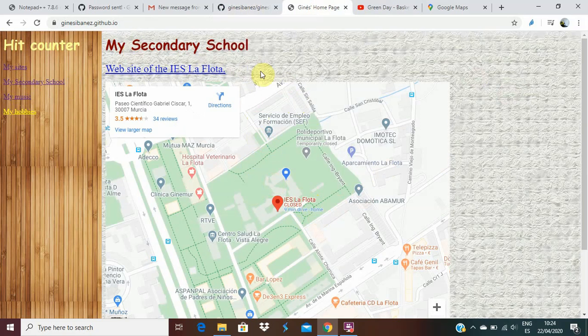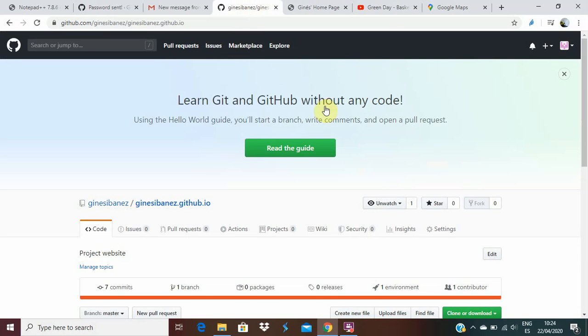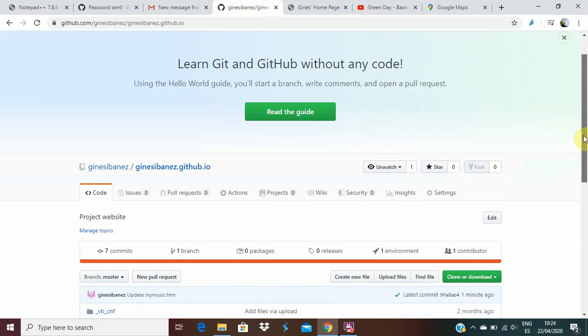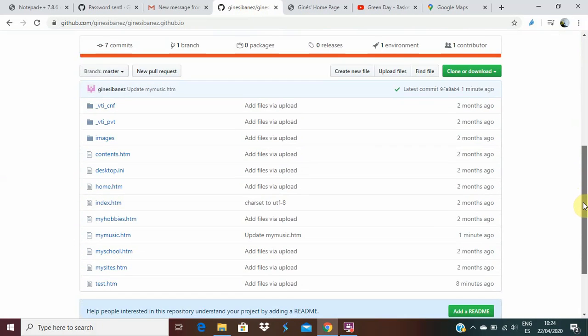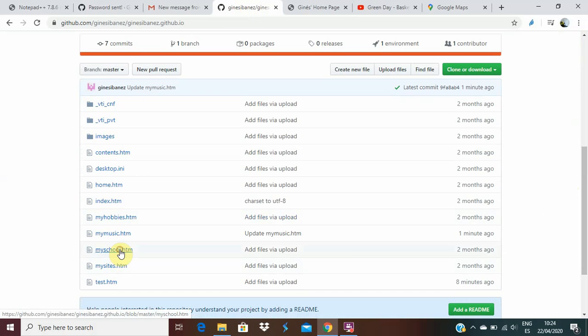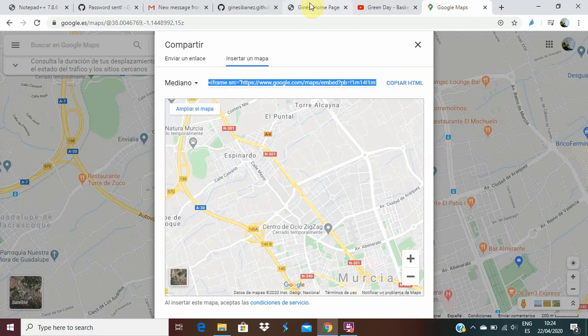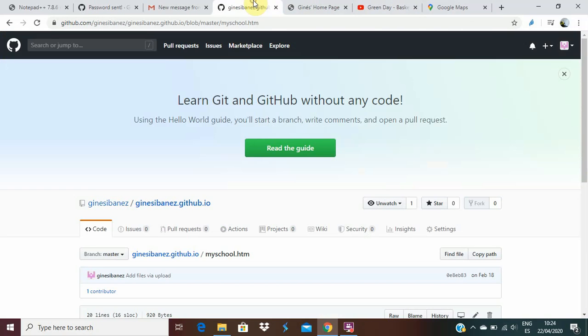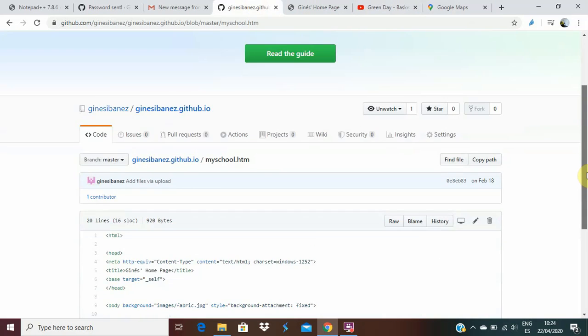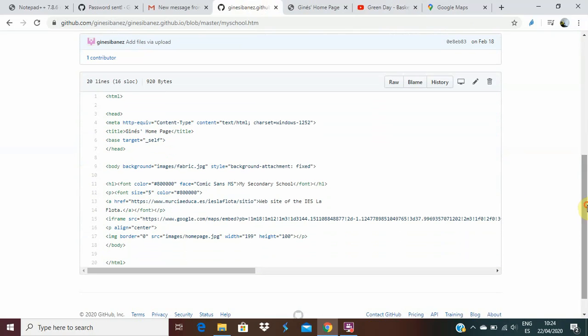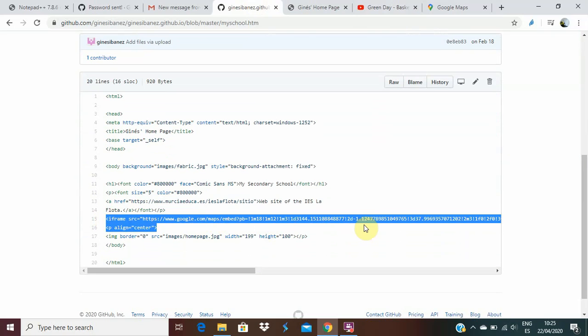So what is the code for this? This one. So remember, copy the code and then here you have to paste the code of your map to be inserted